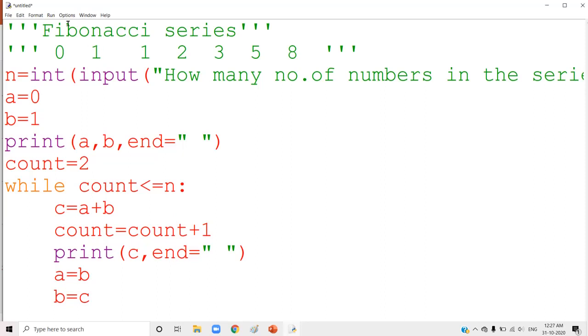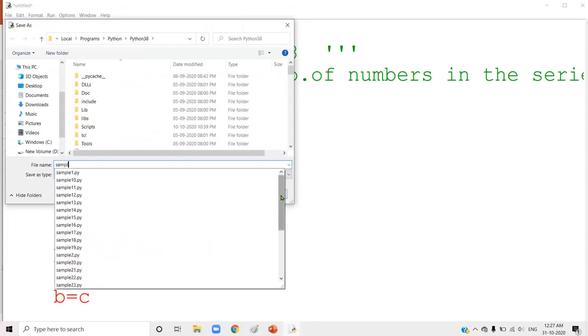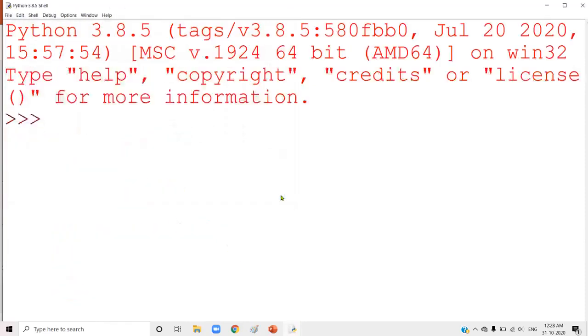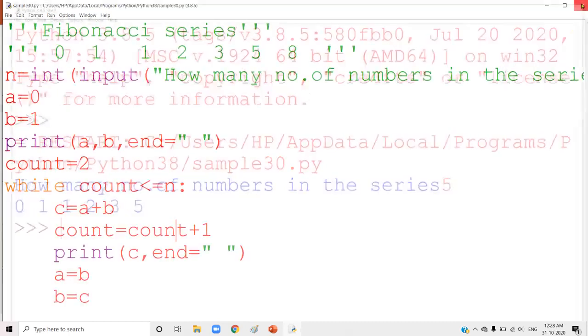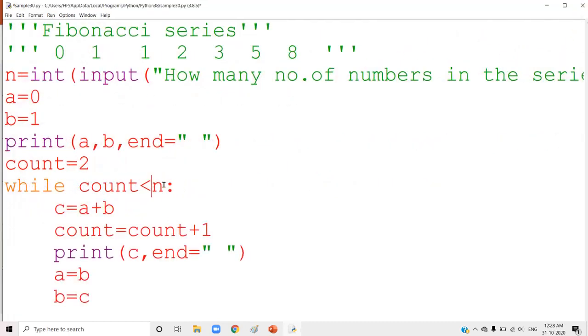Now you can run the program and see the output, how the output is coming, whether it is generating the series or not. I am going to give the file name as sample. I think it is 30. Yes. How many numbers do I want? I want 5 numbers in the series. See, it is displaying there. But here it is 0, 1. Actually, 6 numbers are there because you have to change the count value. So 0, 1, 2, 3, 4, 5. We need only 5, but it is displaying 6. So you just want to make changes over there. Count less than n. That is enough. So check it, you are getting the answer or not.